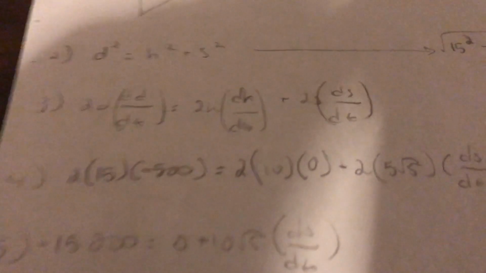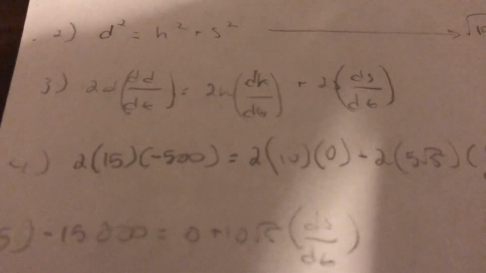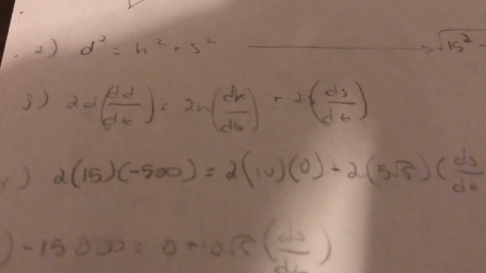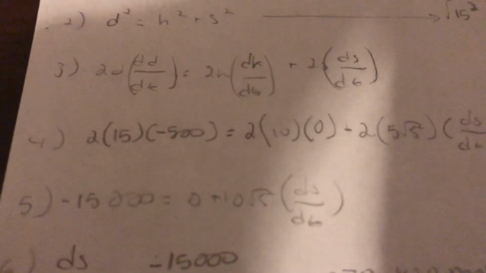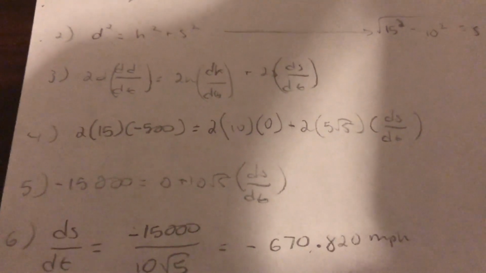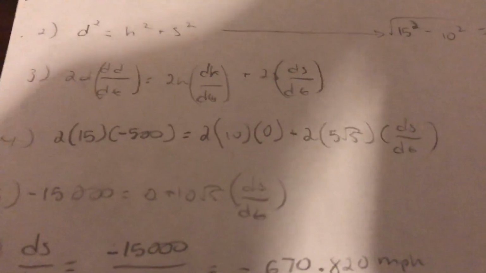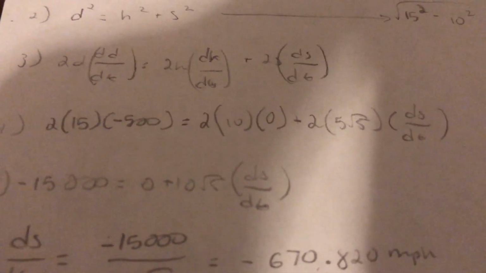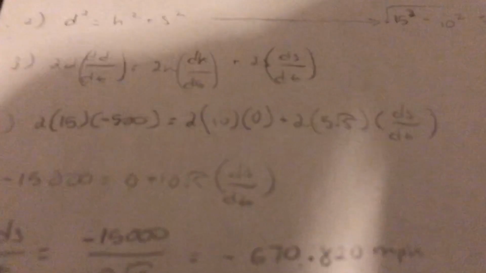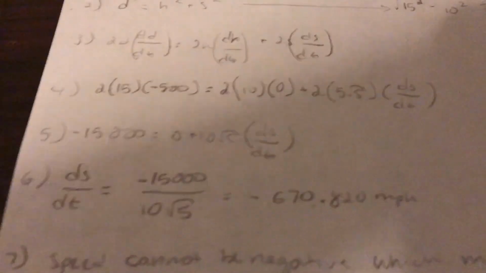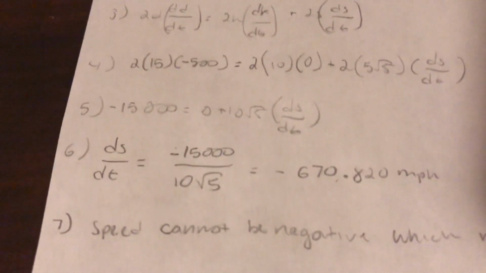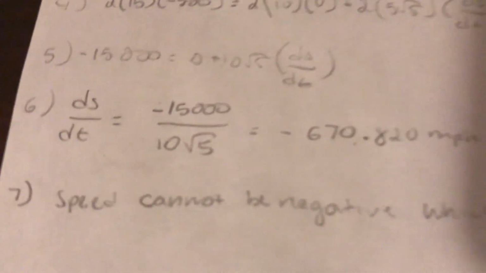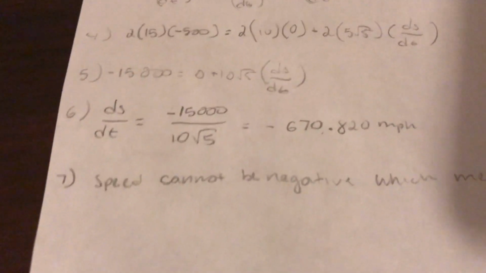Now if you differentiate it, you get 2d times dd over dt is equal to 2h times dh over dt plus 2s times ds over dt. Now you plug in all the values you have, and dh over dt for the height is 0 because the height isn't really changing. It's a straight flight path. I'm a pretty skilled pilot, so I'm not about to be swerving up and down. Then if you solve for ds over dt, you get negative 15,000 over 10 root 5, which equates to negative